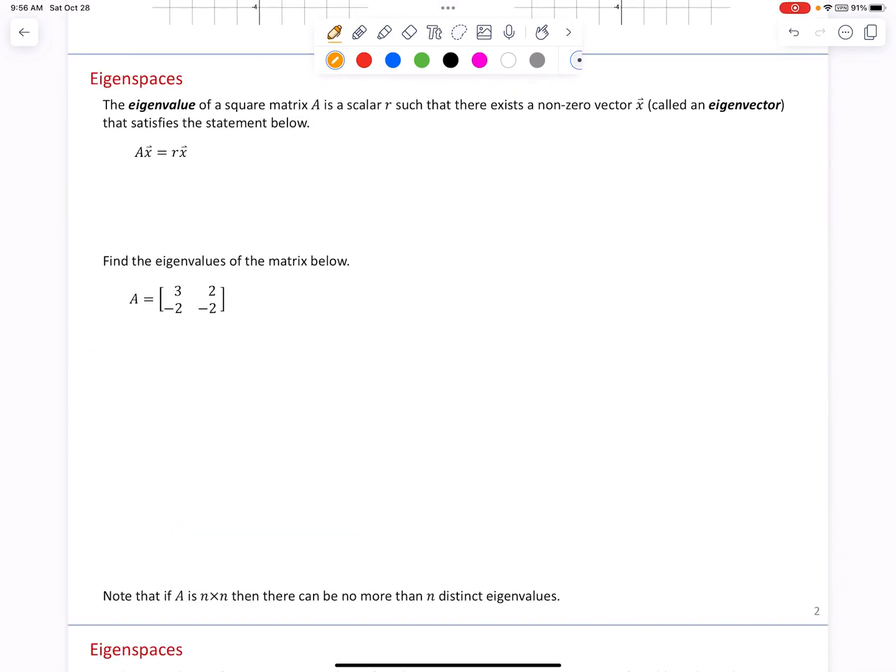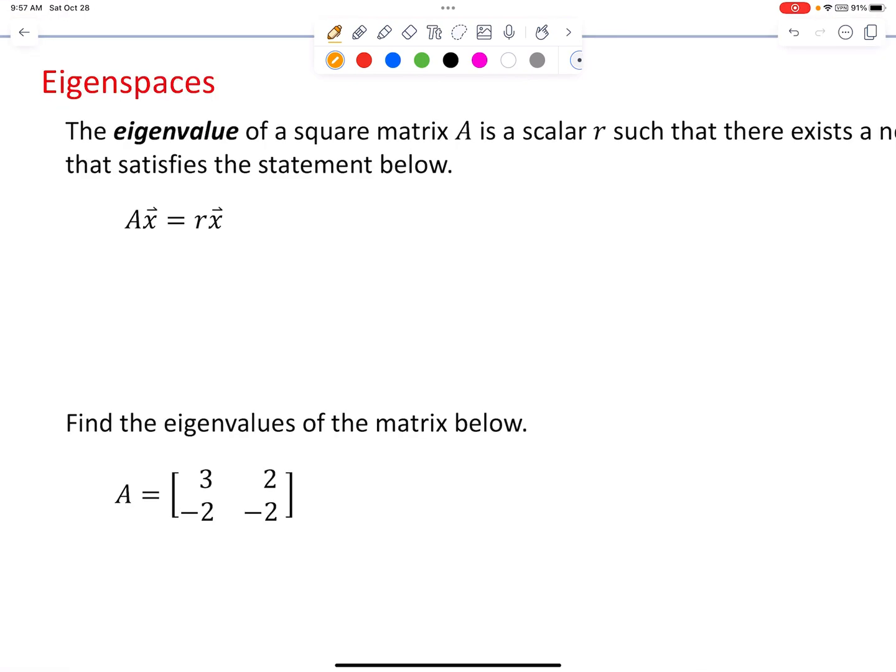On this page, we're going to focus on how to find eigenvalues for a square matrix. As stated on the previous page, the eigenvalue of a square matrix A is a scalar R such that there exists a non-zero vector x, called an eigenvector, that satisfies the statement below. So this statement amounts to doing a linear transformation on x. We have some square matrix times x, and if the result is simply doing a scalar multiple of x, then R will be called an eigenvalue,